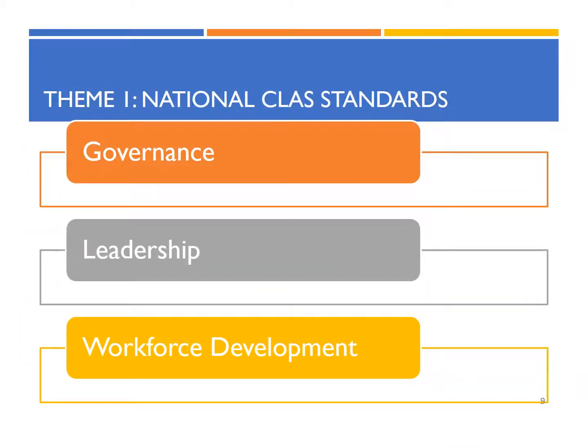The first theme of the standards includes governance, leadership, and workforce development. Governance refers to the oversight that a behavioral health organization provides in terms of policies, structures, and processes. These set the stage for the way in which agencies, organizations, and their staff members at all levels work. With regard to the CLAS standards, organizations should be able to say whether the provision of culturally and linguistically appropriate service delivery is included in the mission and vision statements, stated core values, and even in their strategic planning documents.